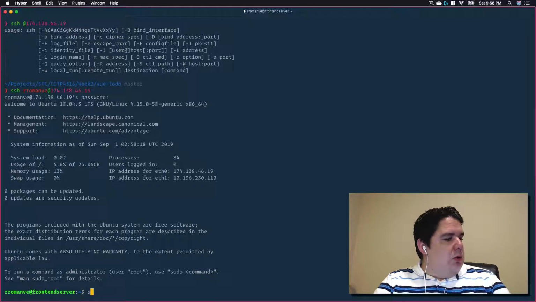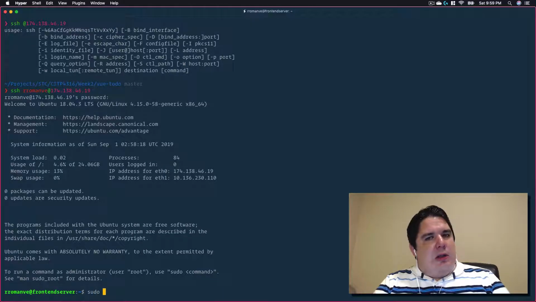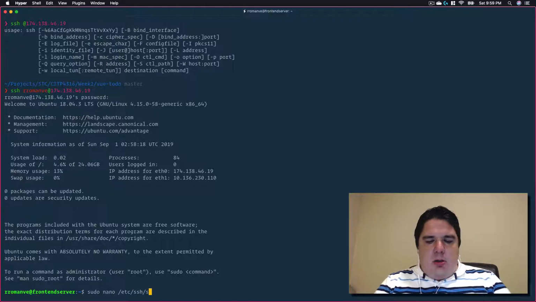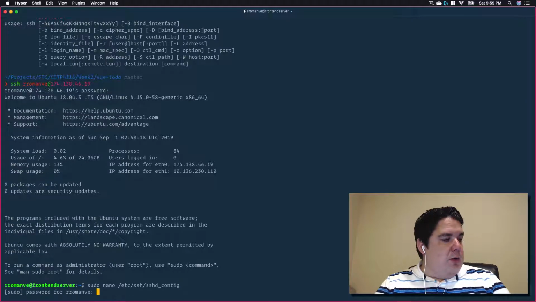So let's actually do sudo. Sudo is needed every time that we are going to run something as an admin locally without the superpower. And we do nano to edit, and we're going to type this command. This is going to edit the configuration that we need to modify. We put our password again,